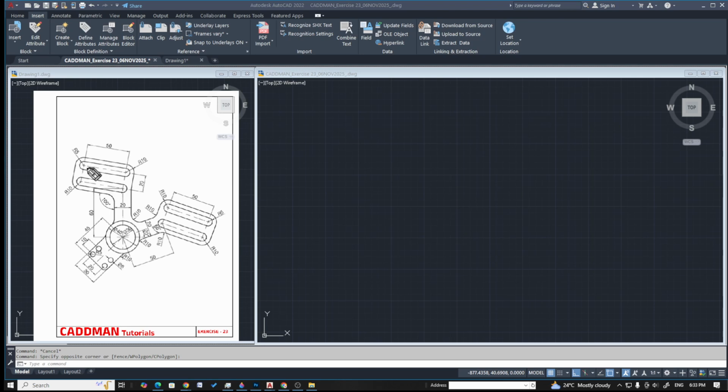The dimension from this arc to this arc is given, and the radius 5 and the outer radius 10, and the distance between these two is 20, and from this center the diameter 30 and diameter 40 is given for these two circles, and from here a distance of 45 is given to the end of this object, and from hole to hole distance is given, and from end to end distance is given as 30,